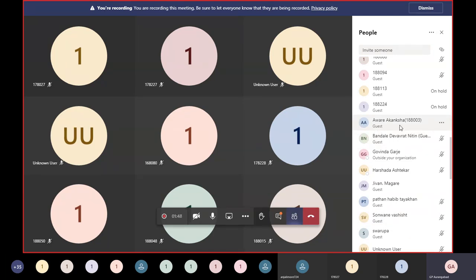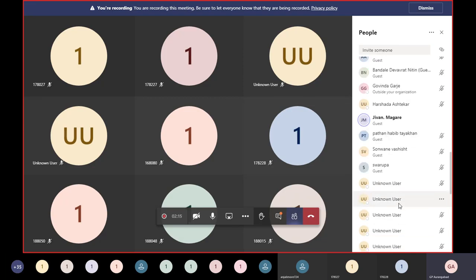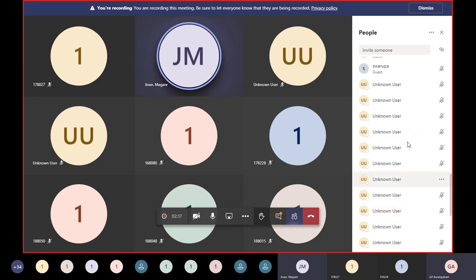Probably this could be a better way: put your enrollment number first and then your first name only. Like this is our Akshada. You do not need to put your entire name. But from tomorrow onwards, whenever you join, put at least your enrollment number, and if you wish, your name, so that I can identify you. Otherwise, from my point of view, all are unknown users.